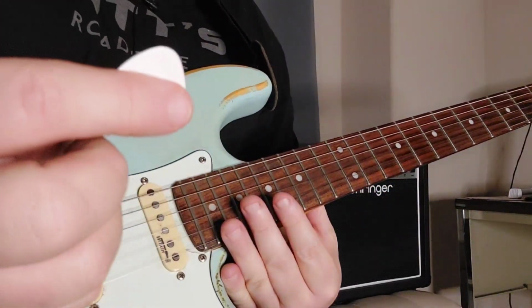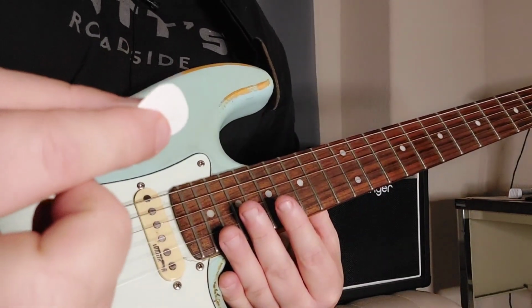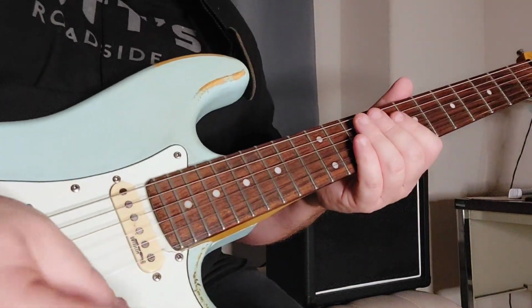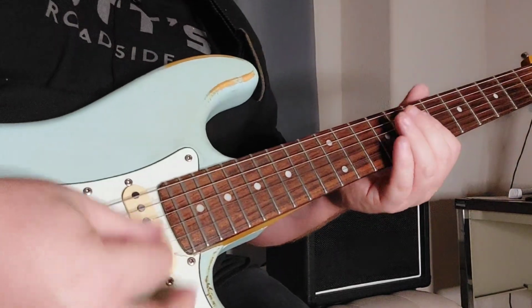A lot of people like to take the pick and move it this way because they have a hard time holding on to it when you're just having this little bit of it out and you have to swing your hand really fast. So this could be a way to just turn it this way and...